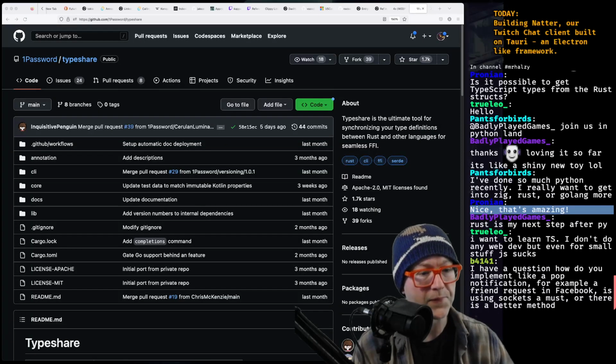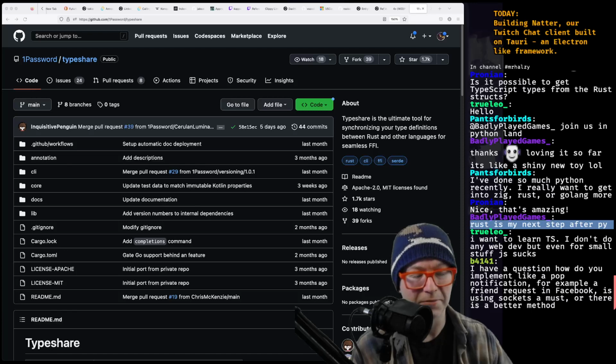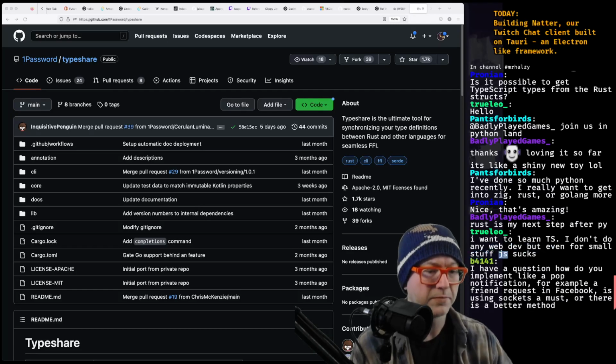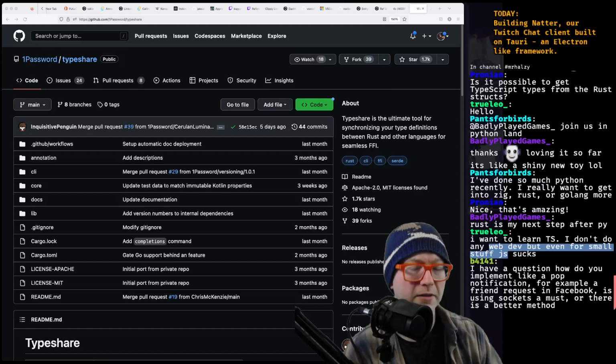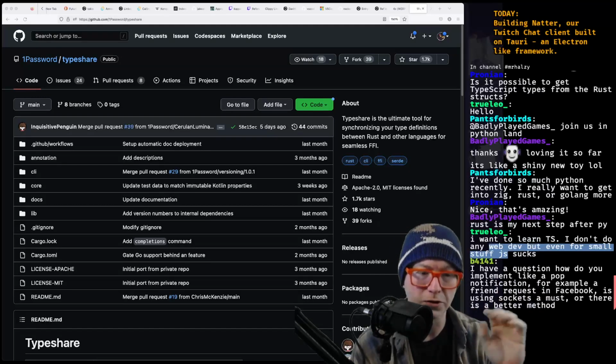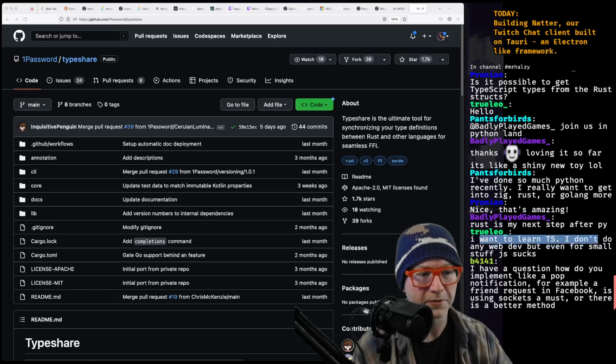Rust is your next step. It's a decent step, but there's plenty of help. You want to learn TypeScript? You don't do any web dev, but even just for small stuff, JavaScript sucks. It's so interesting because some people have a great time without TypeScript, right? Other people like the types and the compiler, kind of structure. Yeah, it's a different experience for everyone.